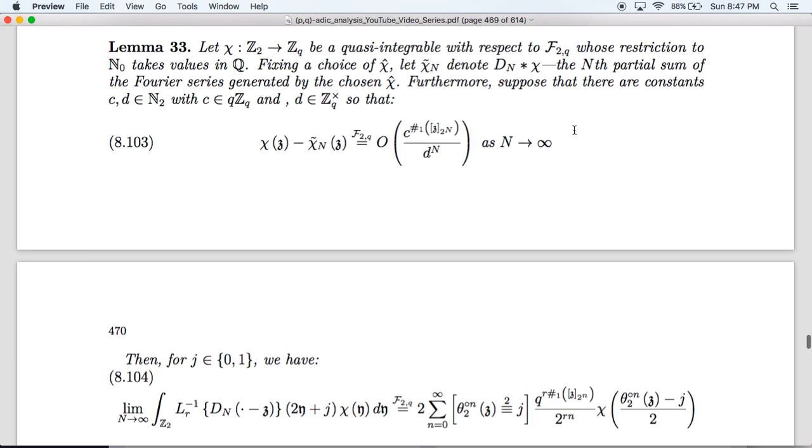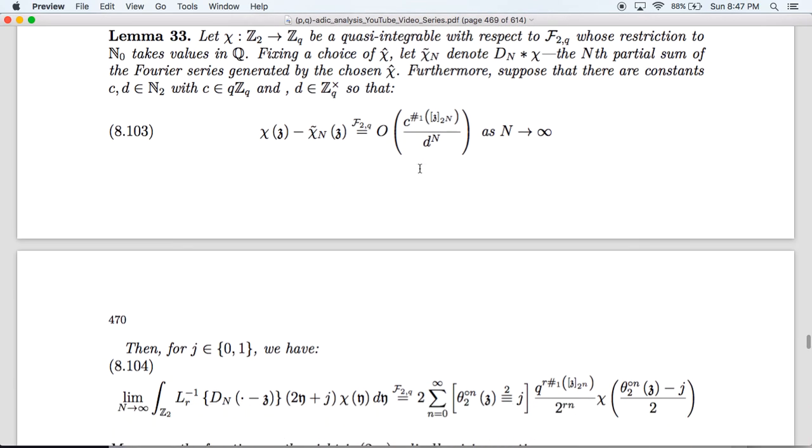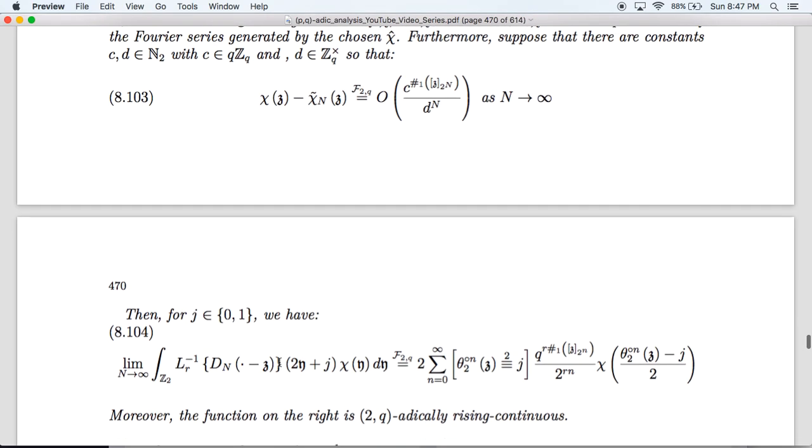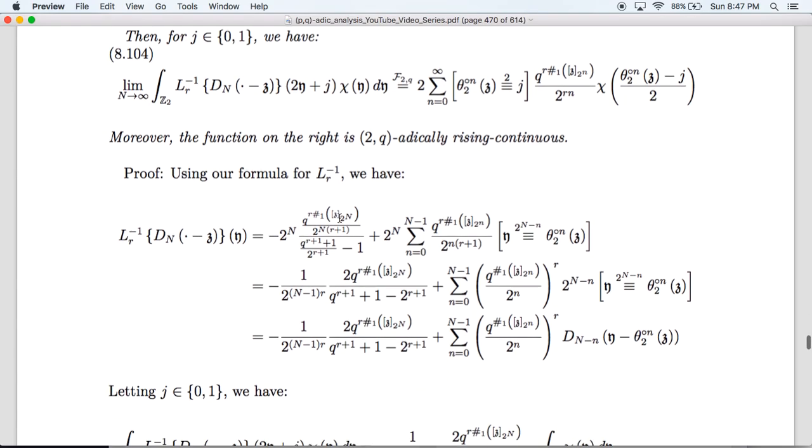All right, so then, provided that all these conditions hold, for j in {0, 1}, we have that the limit as n approaches infinity of our integral converges with respect to the simple 2q-adic frame to this function. Moreover, this thing is 2q-adically rising continuous. So the proof, we start with our formula for LR inverse, which we apply to the nth Dirichlet kernel, and